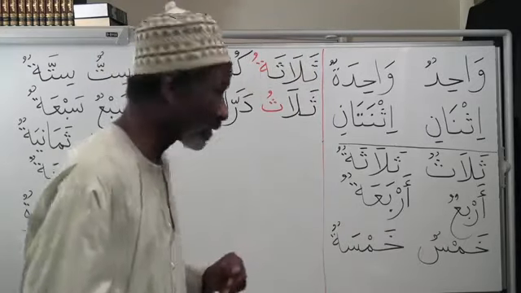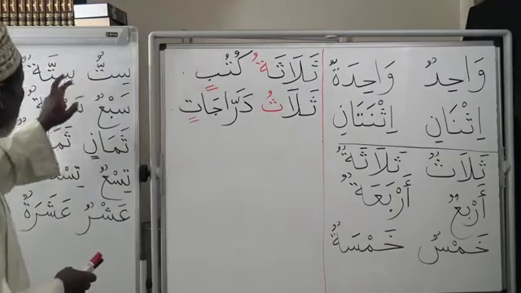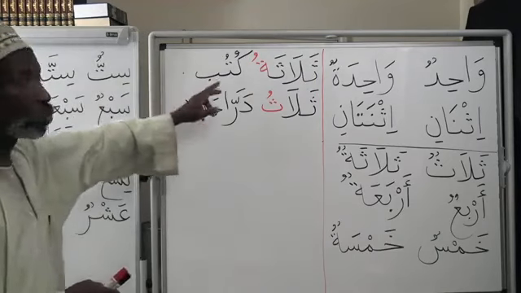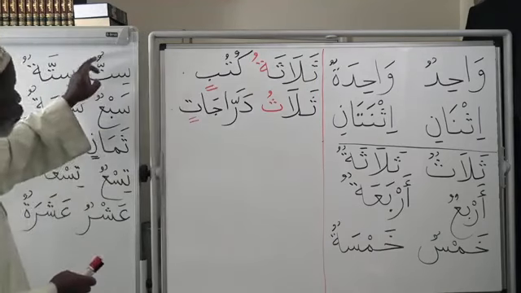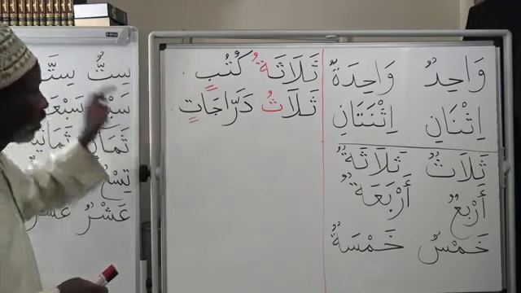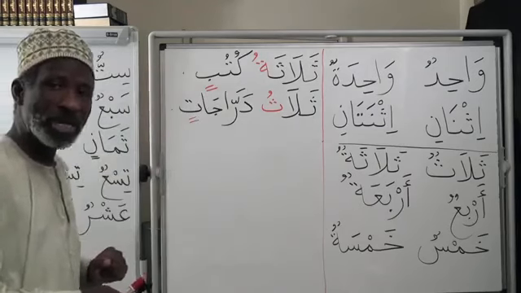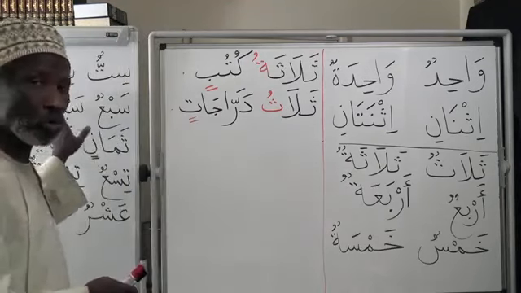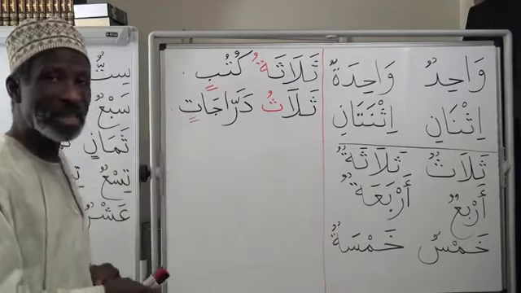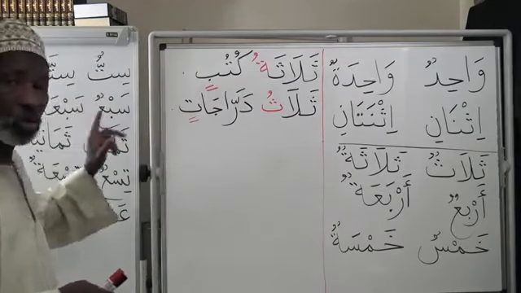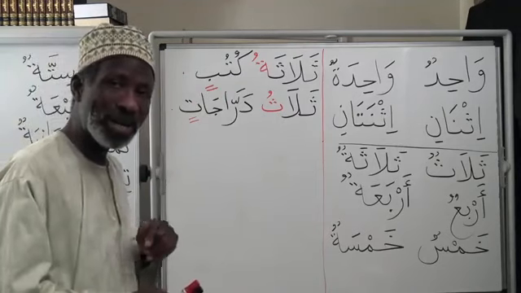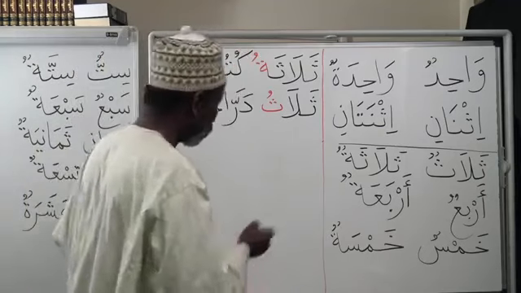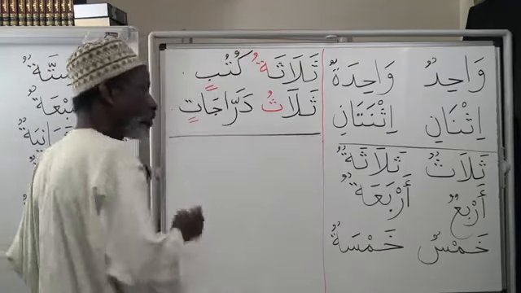If you are counting 6, you will say sittatu with single u, sittatu kutubin. And sittu, single u, sittu darajatin. If you are counting 7 books, you will say sab'atu kutubin, and 7 bikes will be sab'u, single u, sab'u darajatin. Now, if you are counting 8, I need to do a little bit of explanation for you there in